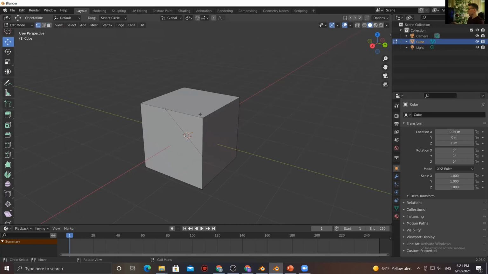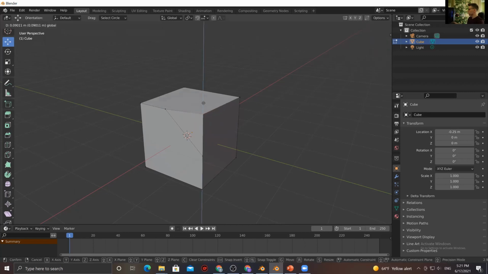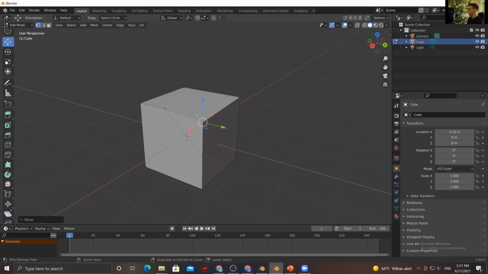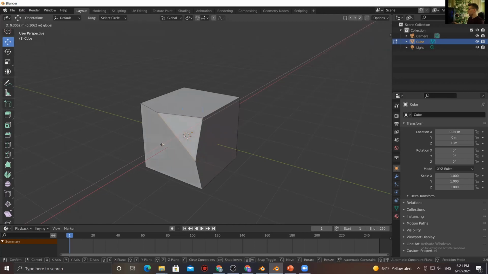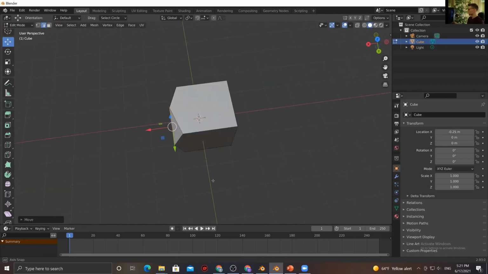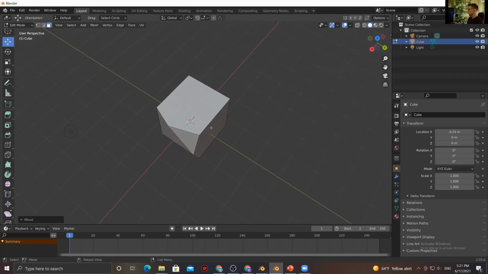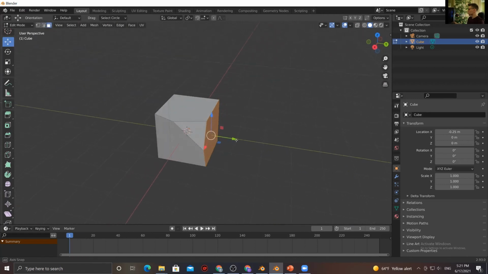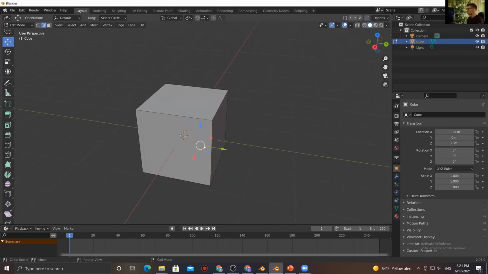First is the vertex mode, which allows you to select and do operations on vertices. Then there's the edge mode, which allows us to move edges around. And then there's the polygon mode, which allows us to, of course, move polygons around. So now, to get to the point, let's say we wanted to make,